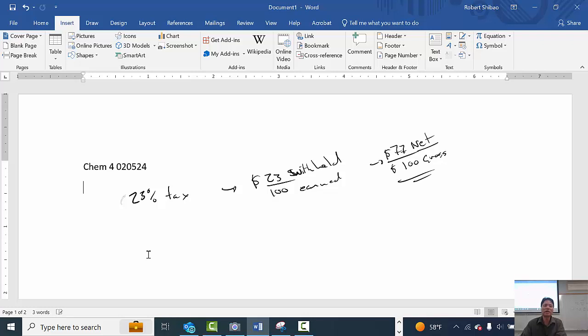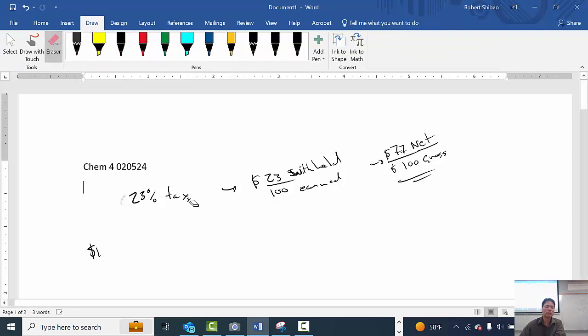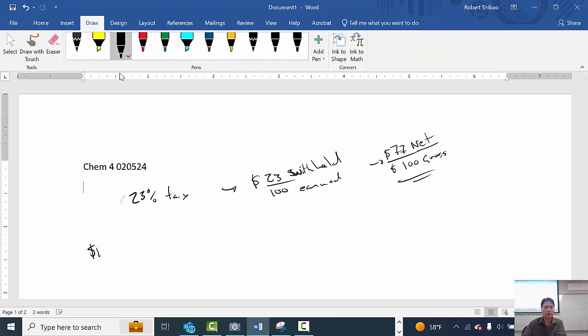Now, this is the conversion factor that I'm going to use down here. And so I'm going to start off with the fixed cost. The fixed cost is $10.80. How much was it? $10.8249. So I would have gone $10.8249. And then, can I pay for this with gross dollars or net dollars? Yeah, I have to pay for this with net dollars. And so that means I need to earn $100 gross